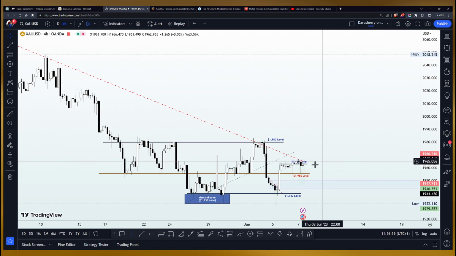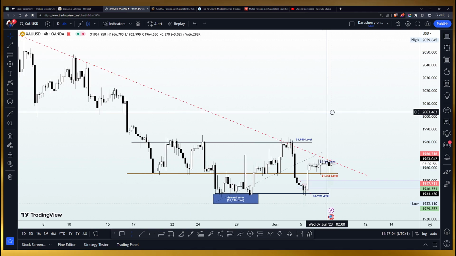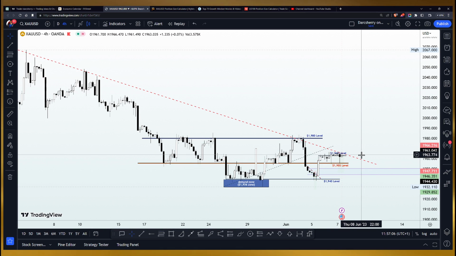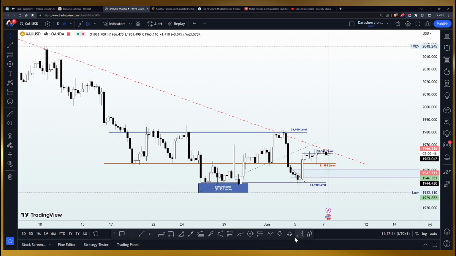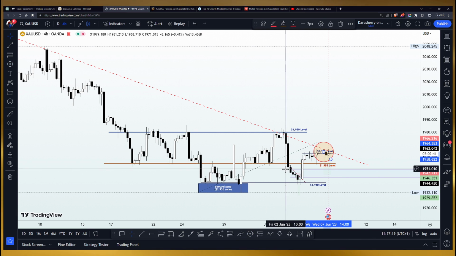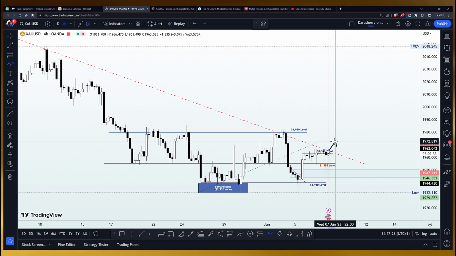Now, the situation looks very interesting as price action has been trading along the bearish trend line in the last 24 hours, a choppy situation around that area, further emphasizing how important that area is. So at this point in time, anything could happen. Price action could respect the bearish trend line and incite another wave of bearish momentum to the downside, or it could break out of the trend line to give us a sign that the trend line may no longer have the capacity to continue to negate the bullish attempt.